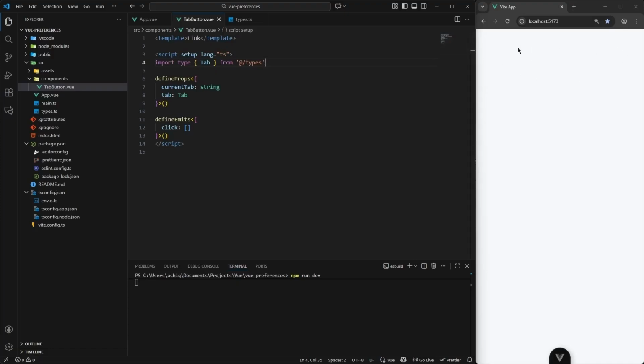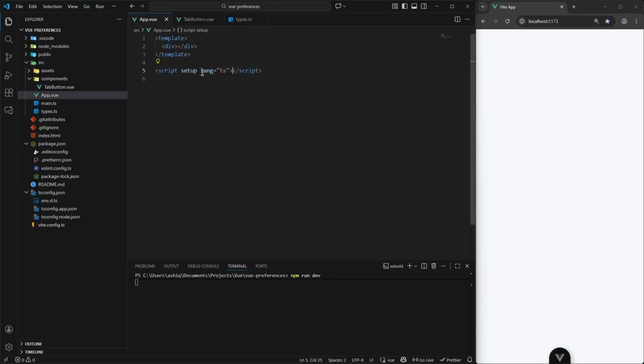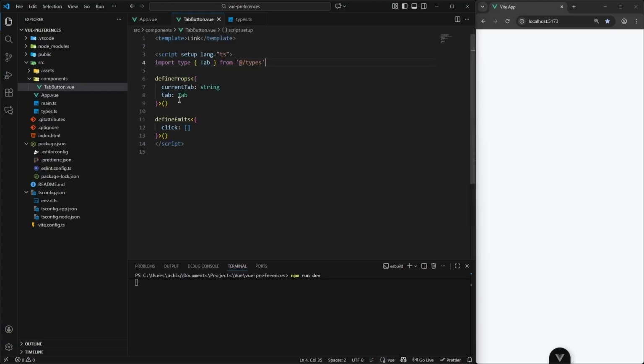The first one would be general, the second one notifications, and the third one privacy. And when declaring an array in this App.vue, I might pass a different name for this tab right here, also for this current tab. So, just to make things more strict and specific, we can use the power of